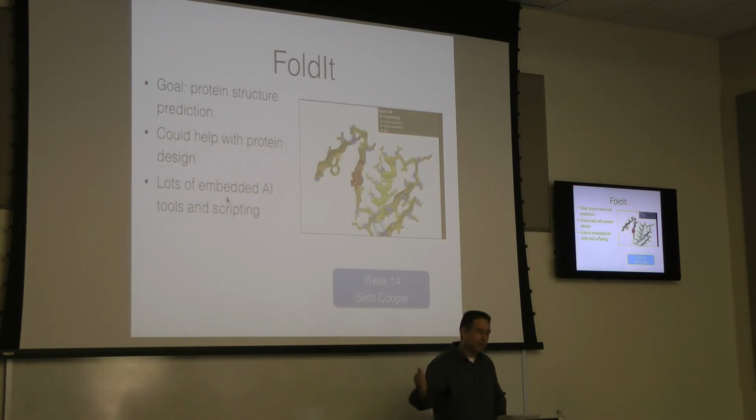As you progress through the levels, it unlocks more tools where you could automatically wiggle the side chains and so forth. So it's got a lot more of that C3PO, you've got your droids you're interacting with flavor to it. And it's got a very active community, and it's actually organized into teams.